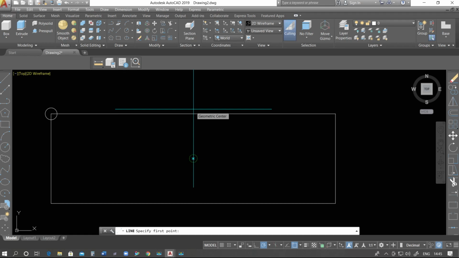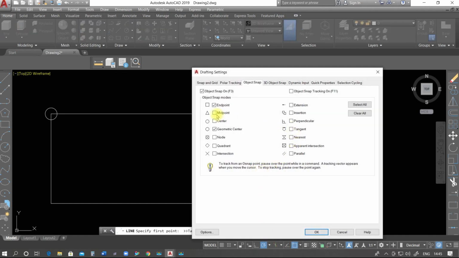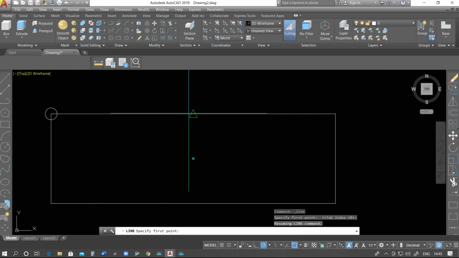That means again you have to go to object snap settings and see that the midpoint has not been checked. So that's why I'm not able to find the midpoint of this line. So again we click here and go to OK, and we see that now we are able to locate the midpoint of this entity.